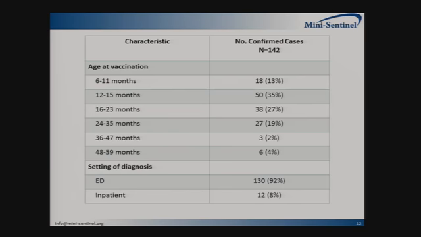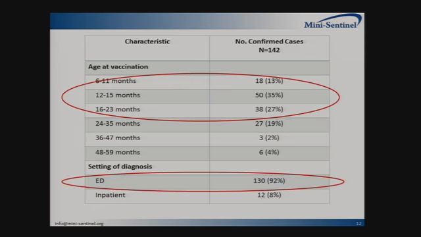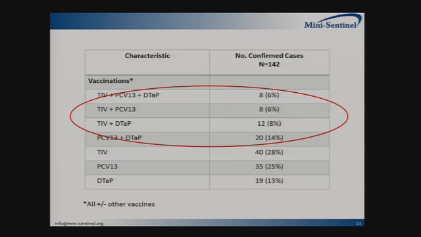And here I'd like to take a moment to present the descriptive characteristics of these confirmed febrile seizure cases. As you can see, the vast majority occurred before 2 years of age, as expected. Most occurred in the ED setting without requiring hospitalization. And about a third experienced more than one vaccine of interest on the index date of vaccination, demonstrating the high rate of concomitant vaccination in the study, although I'll note that it's much lower than what was seen in the VSD.